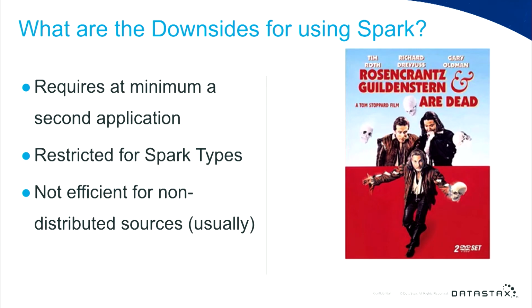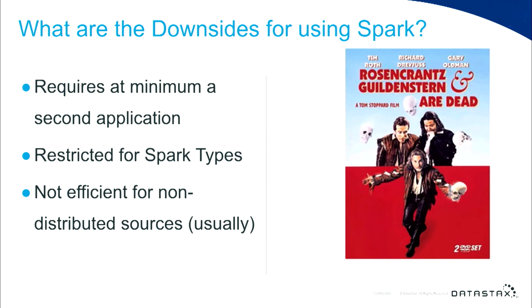So what are the downsides of using Spark for this? One of the main downsides, like I said before, is introducing a new technology requires maintaining a new framework, maintaining new clusters, and things like that. And the kind of hidden thing here is that we are restricted to Spark types once we've moved the data into Spark, which means if you're using Cassandra, you might have a Cassandra-specific type, like a UUID, which, when represented in Spark, has to be represented as a string because there is no corresponding internal Spark type.